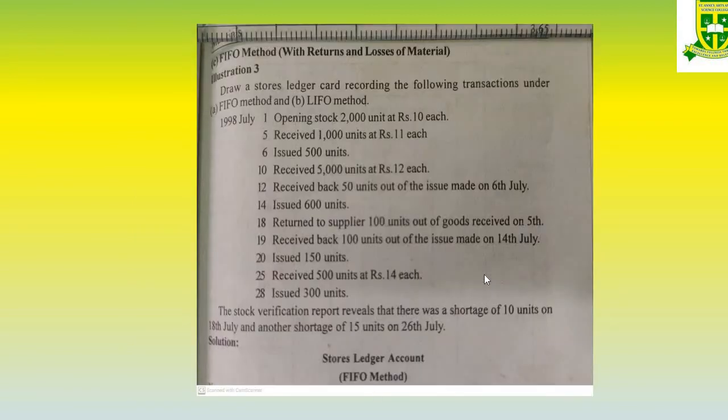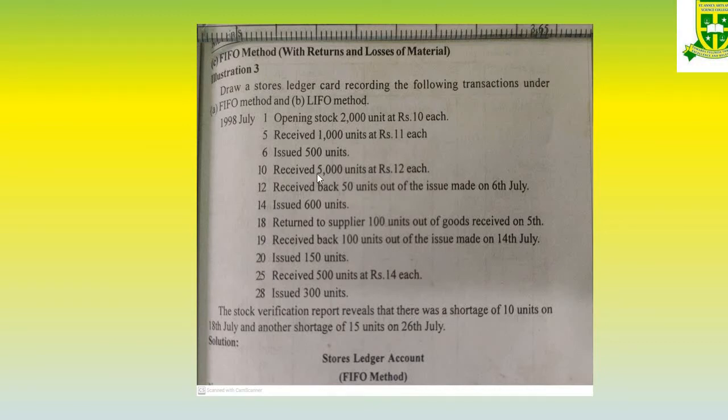Now don't forget, I already told you we have to follow the date order. So in the adjustment also some entry is given, so make note of that also, because the date has to be followed in ascending order. Here the entry is for 18th and 26th. When there is an entry, we have to include a particular date. So after 18th and after 25th we have to make those two entries.